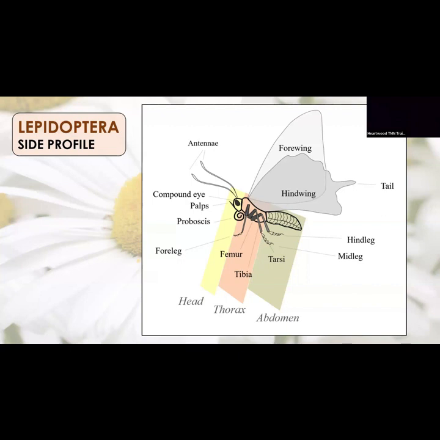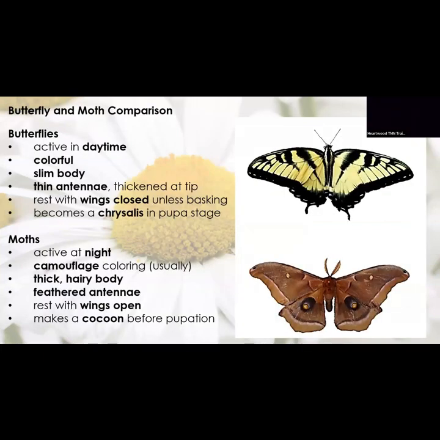Things that you'll hear more with butterflies will be the referring of a foreleg. So in some butterflies, that first pair of legs, the foreleg, is reduced. We'll talk about that, but that puts butterflies into a certain family. And then proboscis and palps. Palps are part of their mouth part. So those are words that you hear a little bit more when people are talking about Lepidoptera.